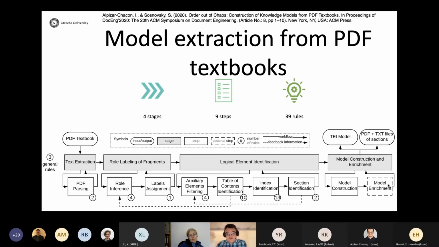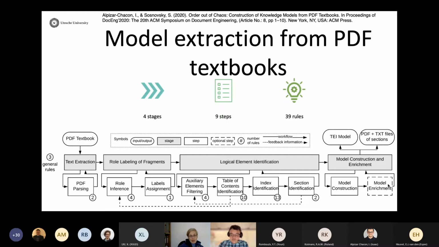We have done several things. So we started with basically developing the approach for extracting the models from PDF textbooks. We focus on PDF for two reasons. First of all, this is the most common format in which textbooks are freely available online. It's harder to get access to XML-based formats that publishers are using for internal processing. Plus, PDF is challenging. So we actually wanted to focus on the challenging format because once we can tackle the PDF, then tackling XML is of course less of a problem.